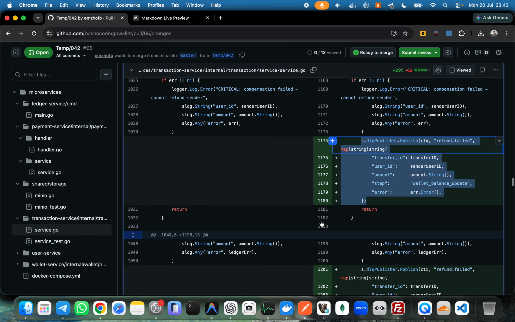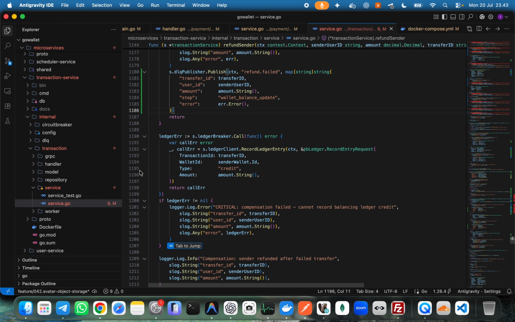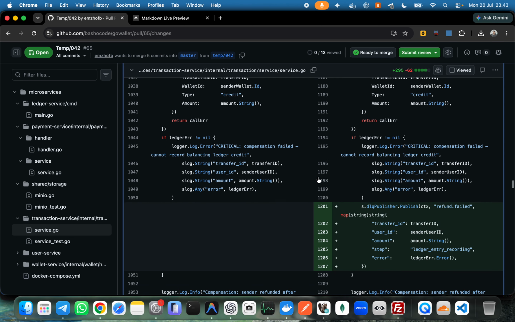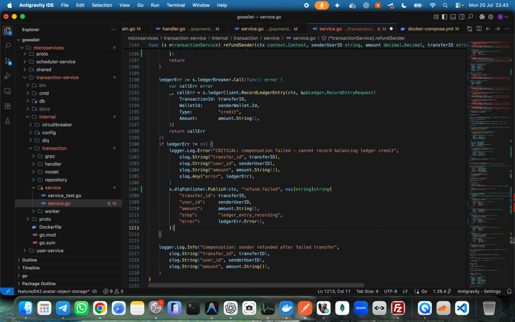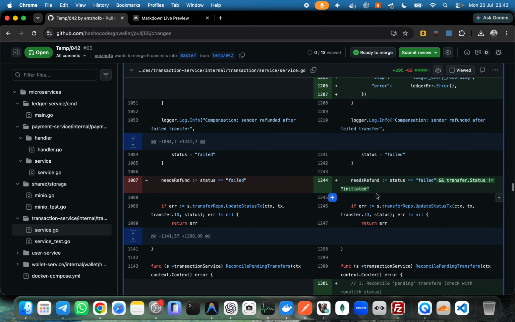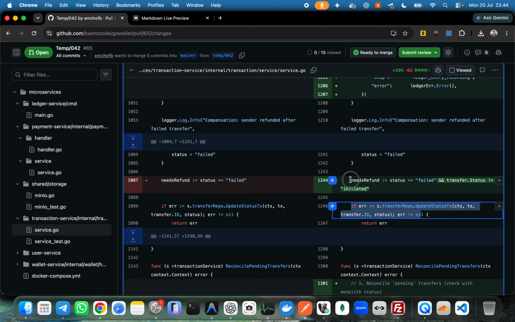Okay, DLT publish again inside here. 100, 200 here, let me check, the before ledger is compensation fail, cannot record balancing ledger credit here. DLT publish, and I think compensation sent okay, and then needs refunds. I need to find needs refunds here. 120. Okay, here I need to change